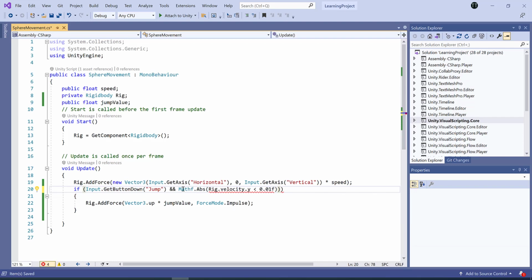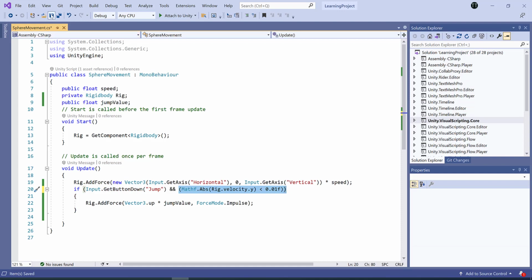That's why we need to convert this value, so the negative values will always be converted to positive values. Velocity dot y, if this value is negative, it should be converted to positive. So that's the change which we just made in our code, in our script.